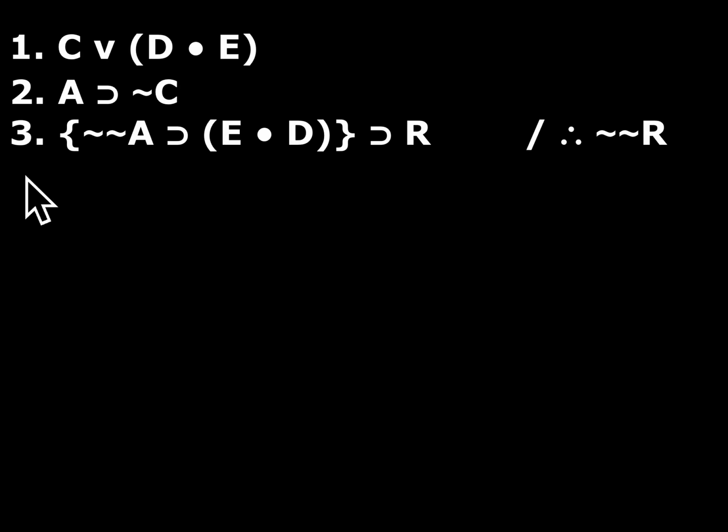So here's a proof. We have three premises, and the conclusion is not R. I'm looking at this, and the only place R as a letter shows up is here. And now that we have the rule double negation, I know that if I can get R, I can turn it into not R in one step. So now I'm thinking, how can I get R? Well, if I had this statement, this antecedent, I could get R by modus ponens, then double negate it, and I'm there. How can I get this